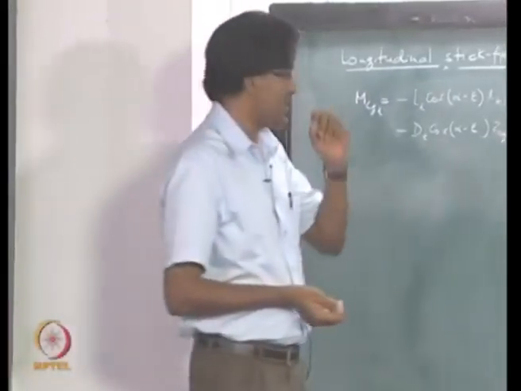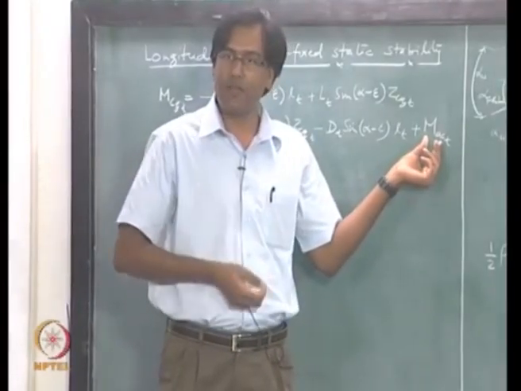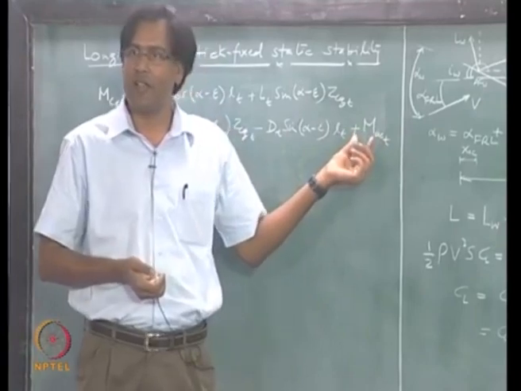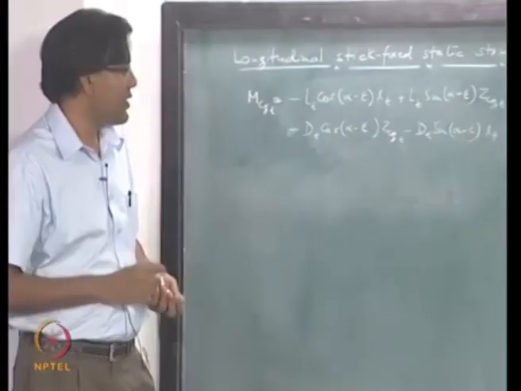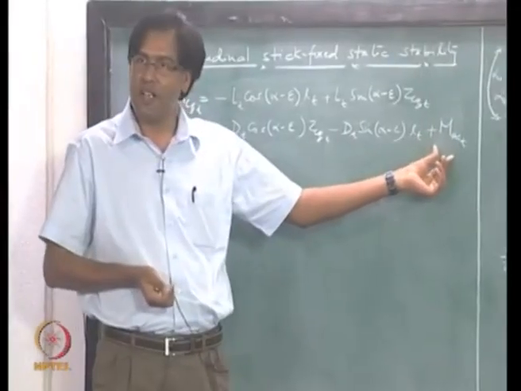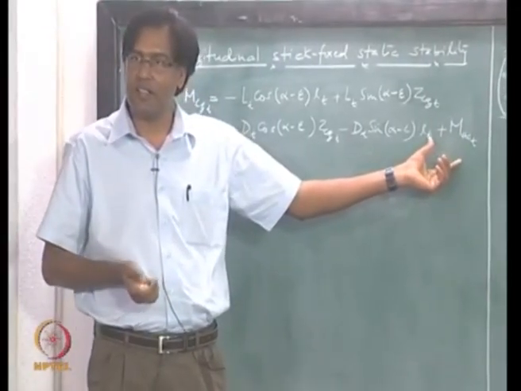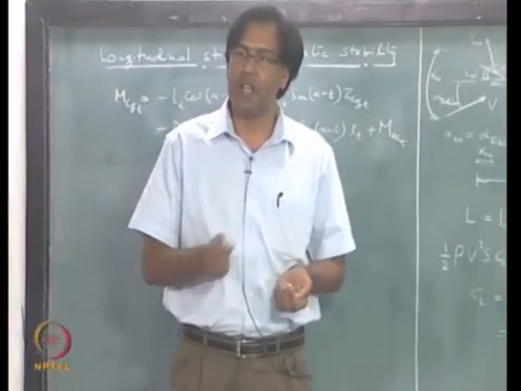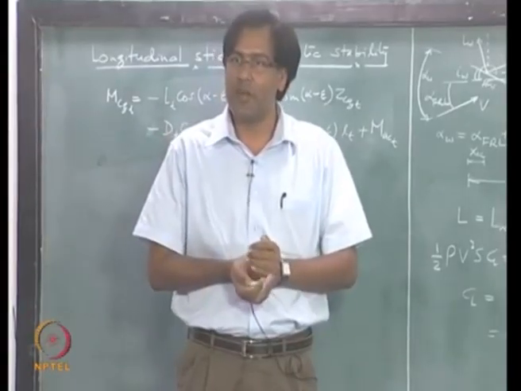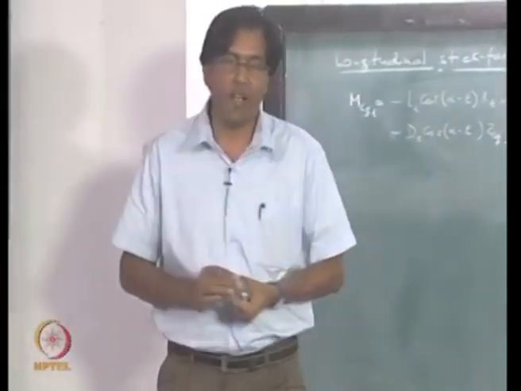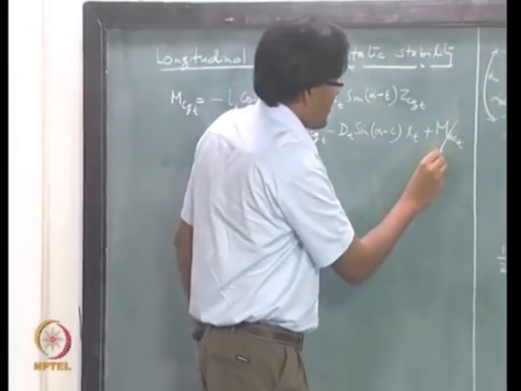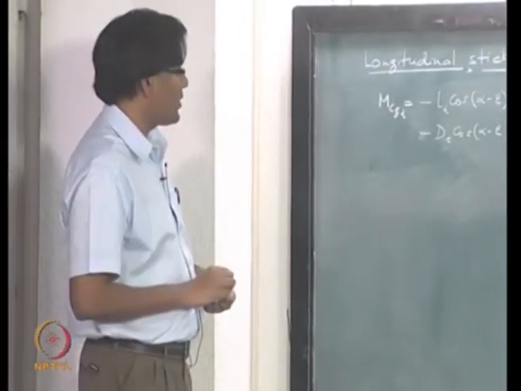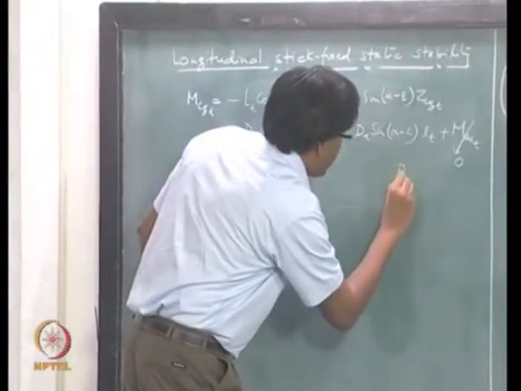Plus this residual moment. What is the value of this moment for the tail? It will depend on what kind of airfoil we have, the shape of the airfoil at the tail, which is normally symmetric. So this quantity is actually 0 because